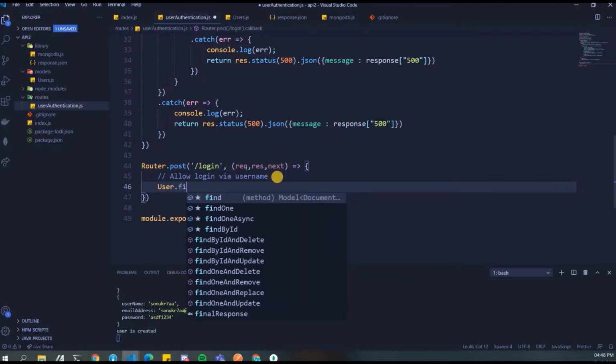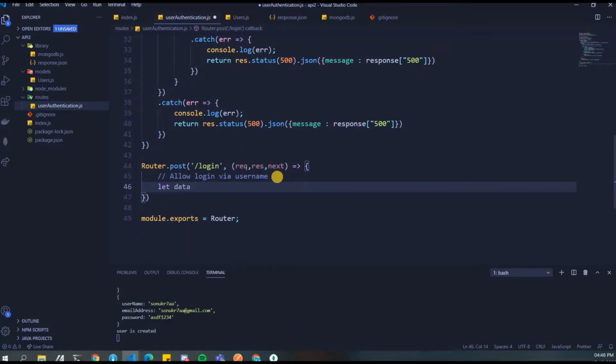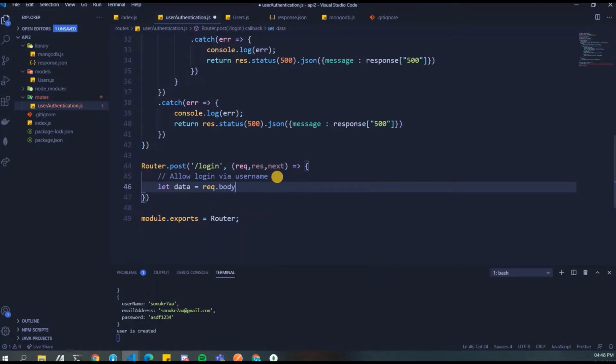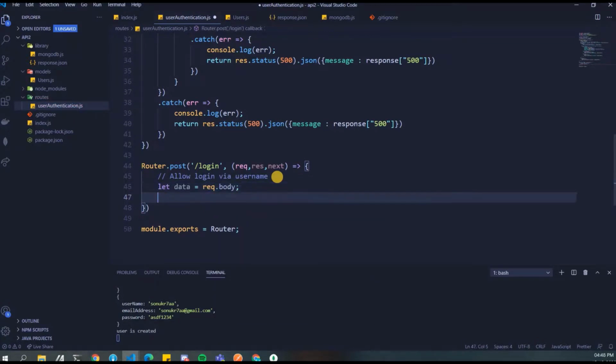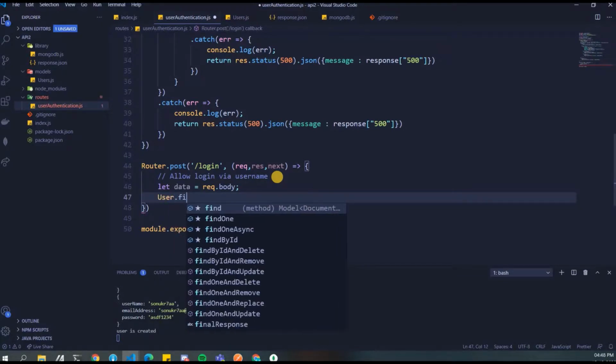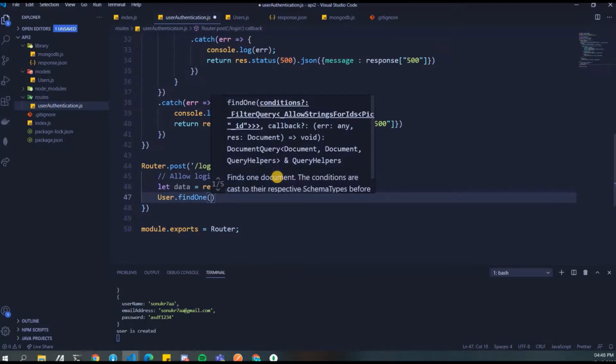So first thing that we do in this is let data is equal to request.body, which is just defining a variable so that we can capture all the data that we got in the request.